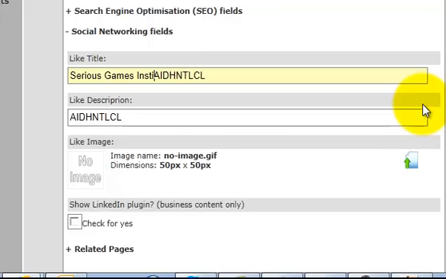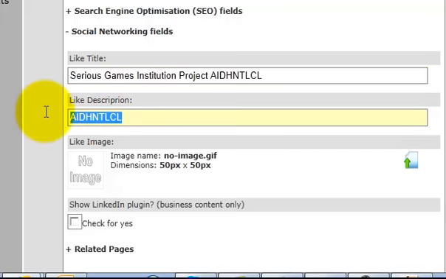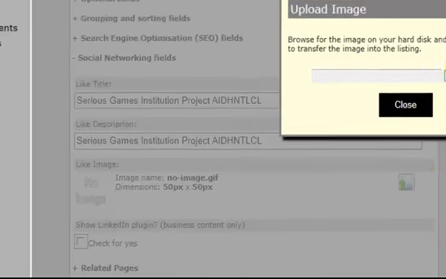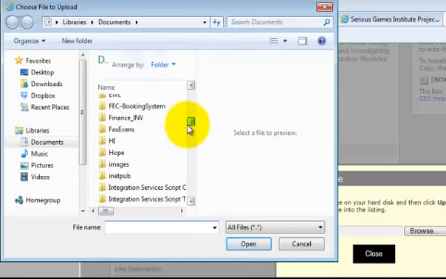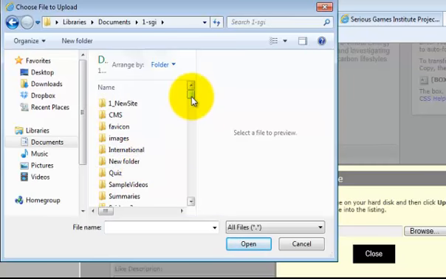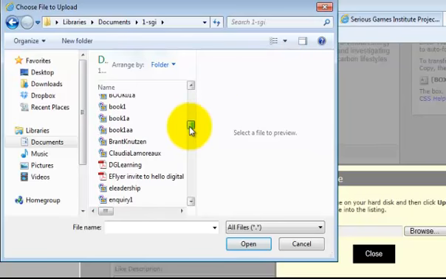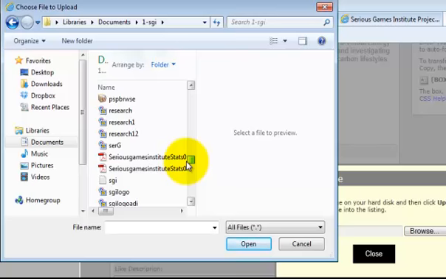I'm just going to put the organisation in here and also the fact that it is a project. So when somebody likes this particular item of content, this is actually passed back with a description. And here you can see I have the opportunity of including an image with that. So when they click like, it's going to post back the link, but it's also going to